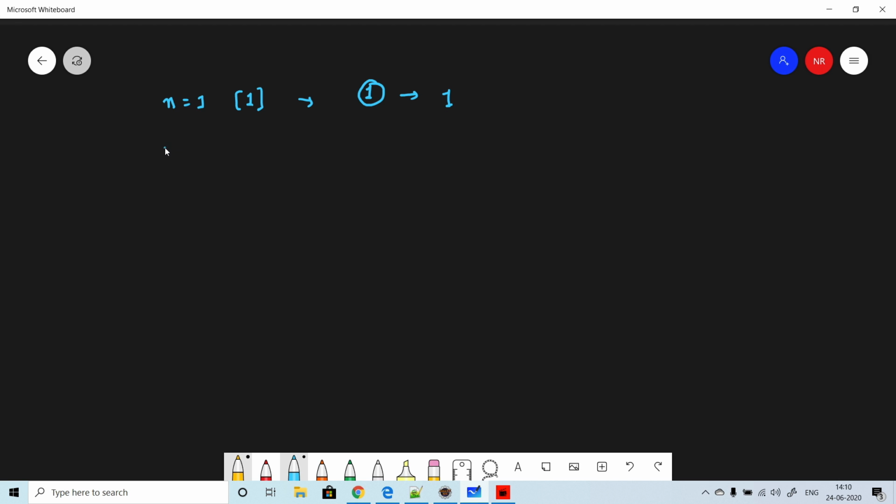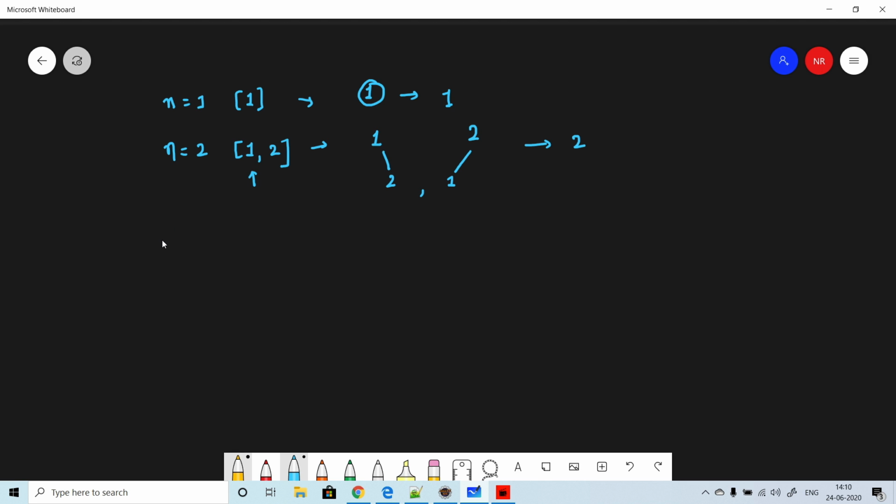For the second example, we take n equal to 2, so we have two numbers, 1 and 2. First we keep 1 as the root, and then 2 goes on the right side, because the BST property needs to be satisfied. This is one combination. For the second combination, we put 2 as the root, and 1 goes on the left-hand side. So with n equal to 2, we have 2 combinations.